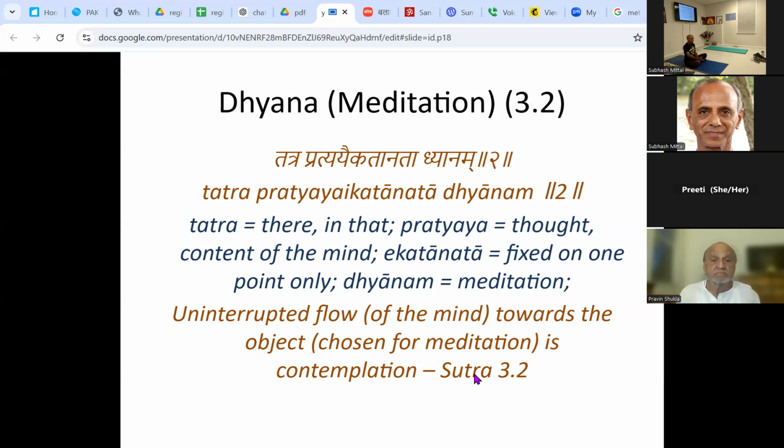Same thing you can do for people who have some deity, they call it Ishta Devata, for example. The Sanskrit word is Ishta Devata, which means some deity that is your own personal deity. People follow Shiva, maybe Parvati or Saraswati, or some of these deities that we have in our culture. Okay, if you have an image of that deity, for example, Shiva's image in your home, gaze at that image for some time, get a great idea of what that image is like, and close the eyes, and then focus on that image mentally. That becomes dharana. Many people do that.